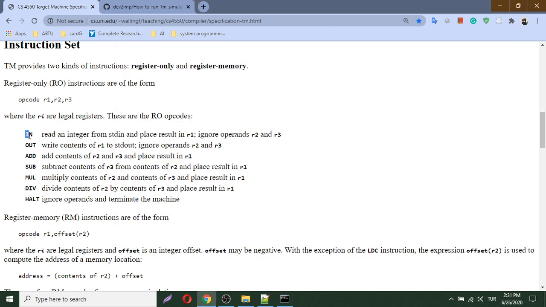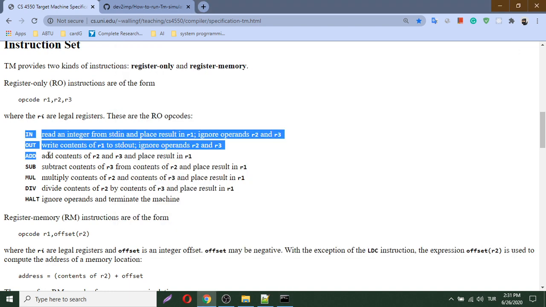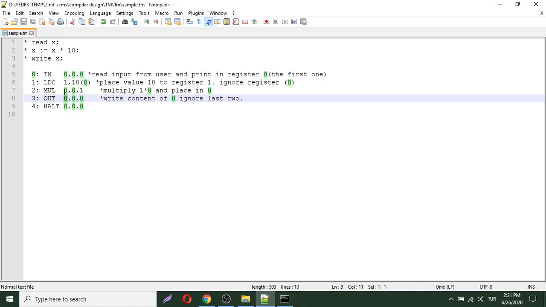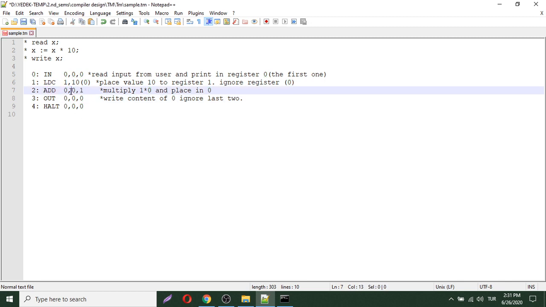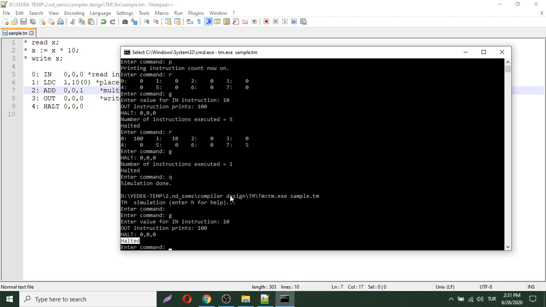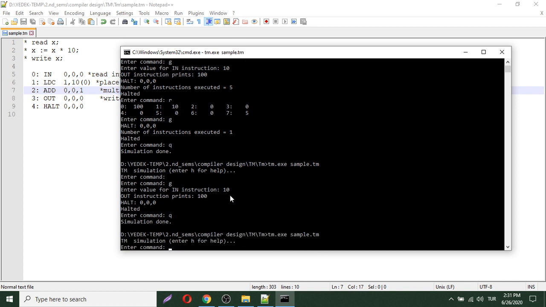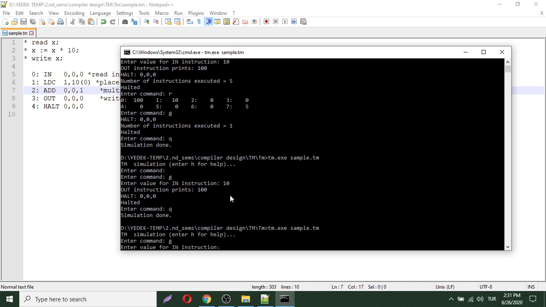So we learned about in and out. So let's do the addition. I am coming here, I am going to simply put add in here, and I have my output, and I am going to simply multiply them. So what will be the result right now? Let's try this. Say quit, and then run this code tm sample.tm, and go, and then enter a number